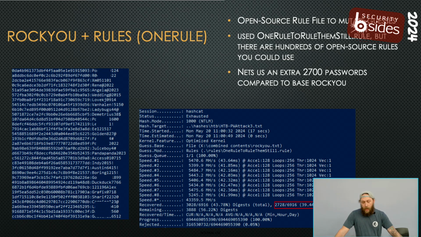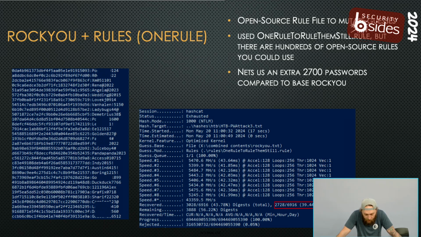You're going to use that A0 mode, but with a rule set, right? So here, I just gave it the one rule to rule them still. And here you can see, now you're getting a little more complex passwords. And we got an additional 2,700 hashes just by adding a rule set. So that put us upwards of over 3,000, right? 43%